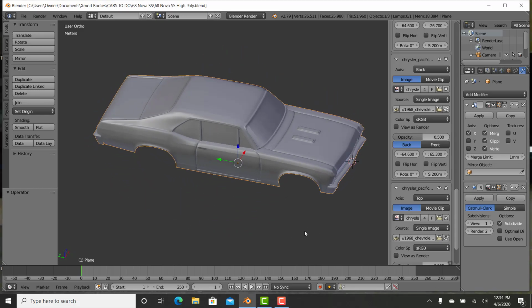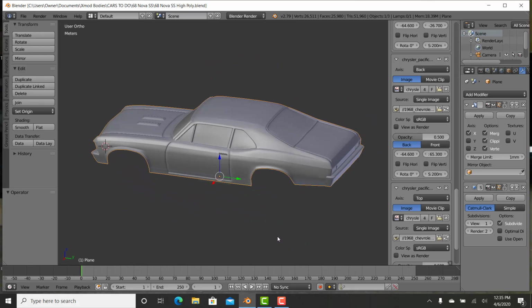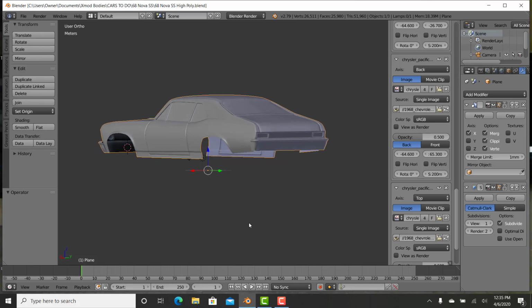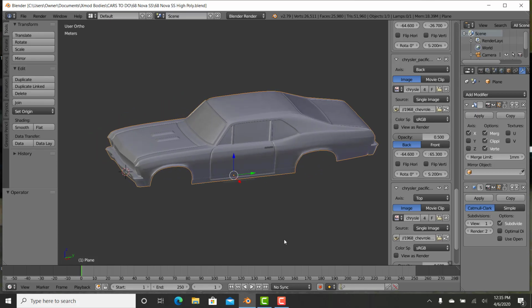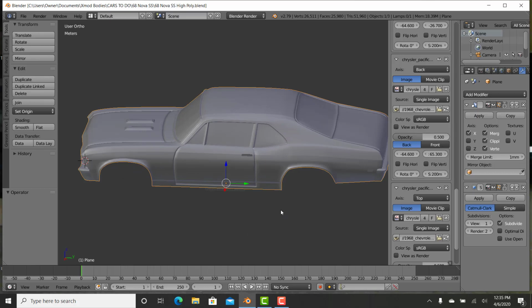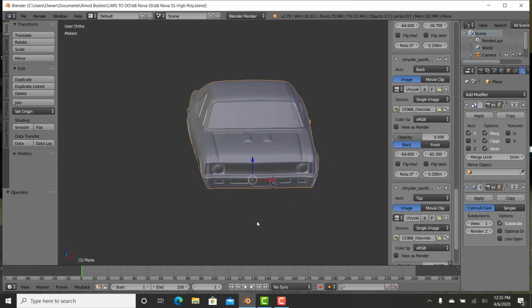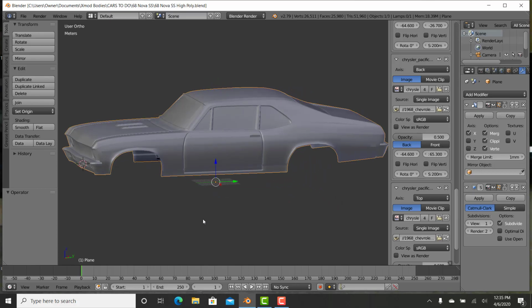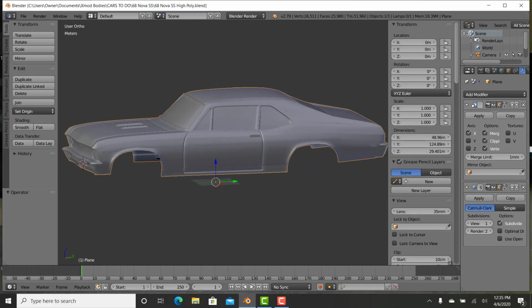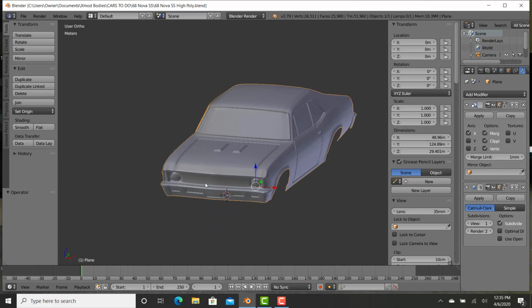Today we are going to take a look at shortening and scaling a body to get it to fit on an RC chassis, or at least a chassis. Okay, so what am I getting at? Well, obviously there are two ways that you can scale a car. Actually, a better way to put it, you can either scale it to make it a 1-to-1 ratio, as we have right here,